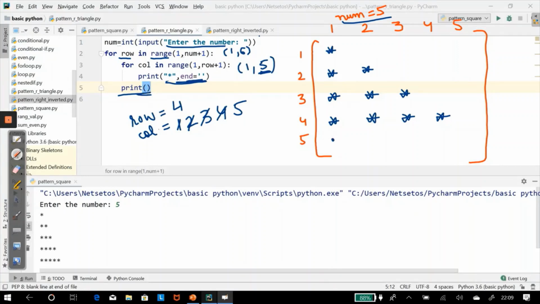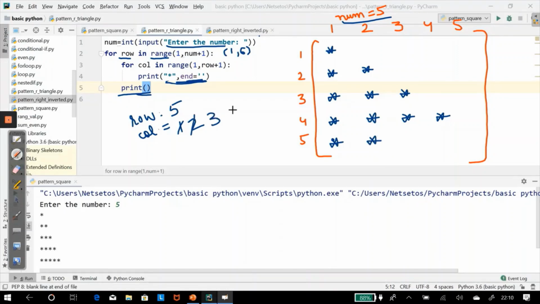Then row will change and row will be the fifth one. So here column will be 1. So column 1 will print a star. Then column 2 prints a star in the same line.